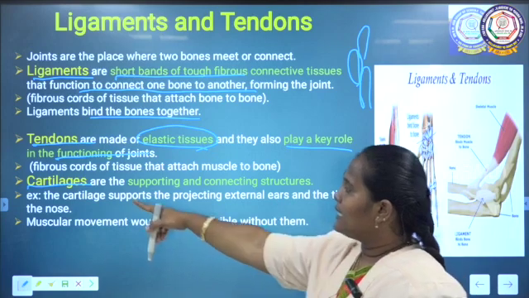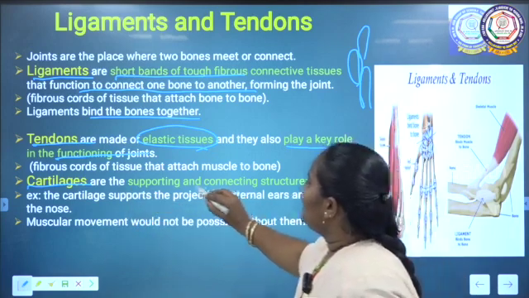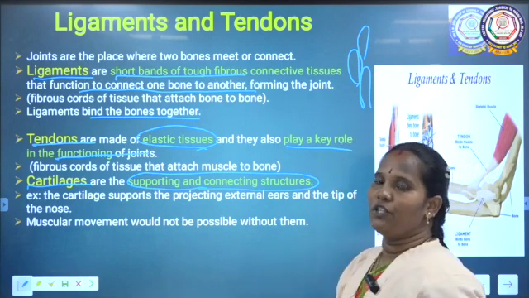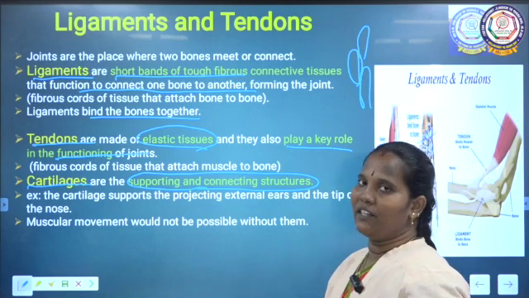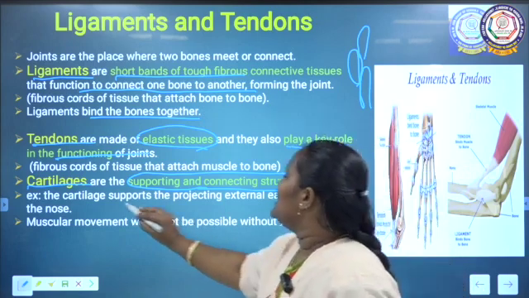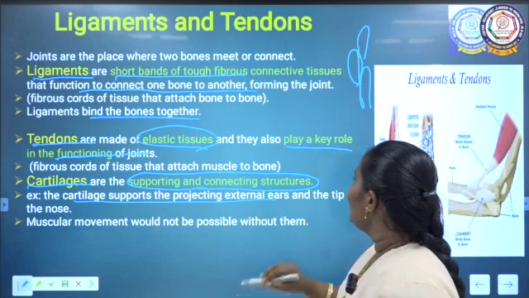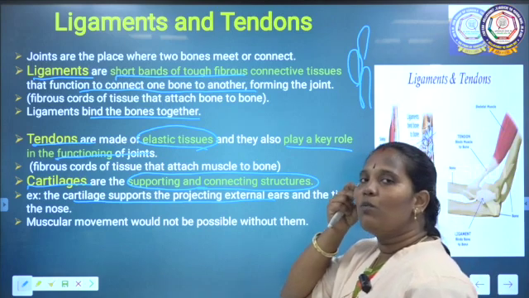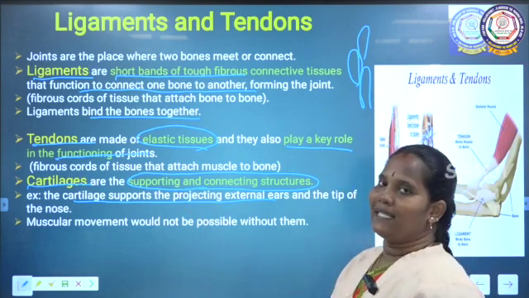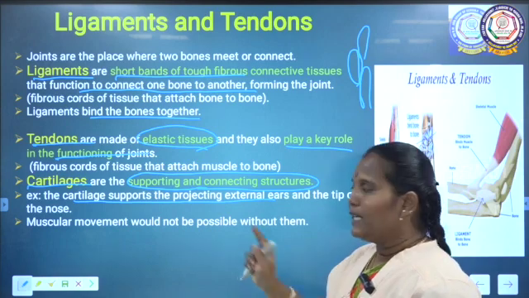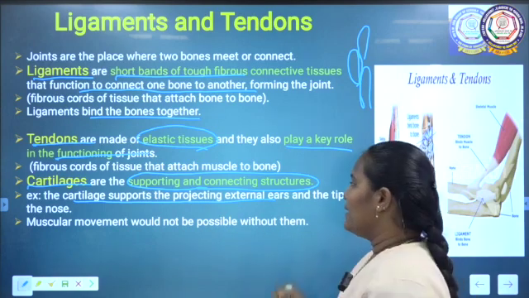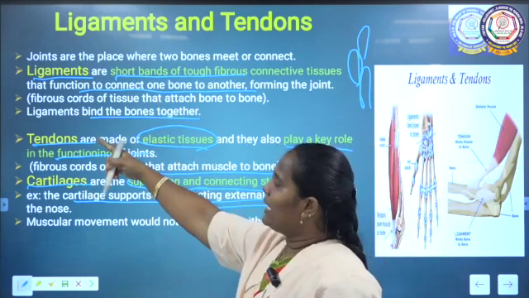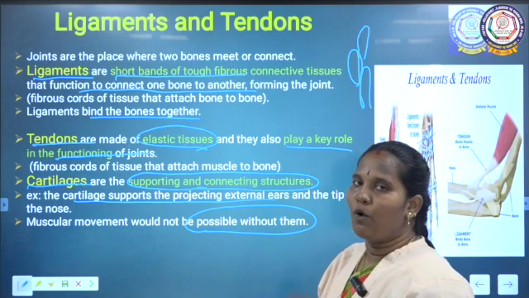Next one is the cartilage. Cartilage is a supporting and connective tissue. It is a supporting tissue as well as a connecting structure. How is it helpful? This cartilage supports the external ear and the tip of the nose. We have the external ear, there are no small bones there. It is actually cartilage. The tip of the nose is also cartilage. So we can say that without these ligaments, tendons and cartilage, movement is not possible between